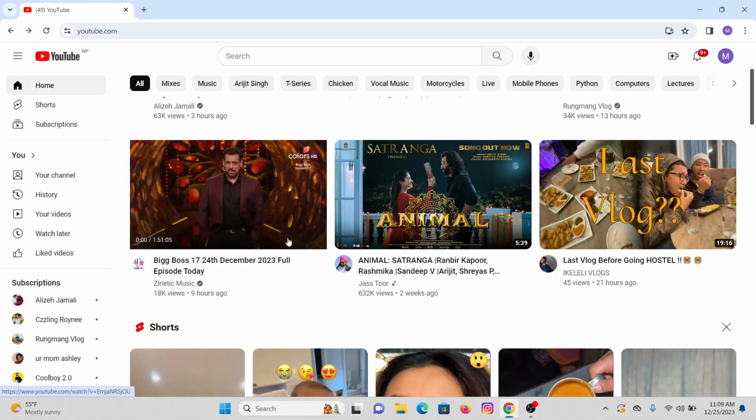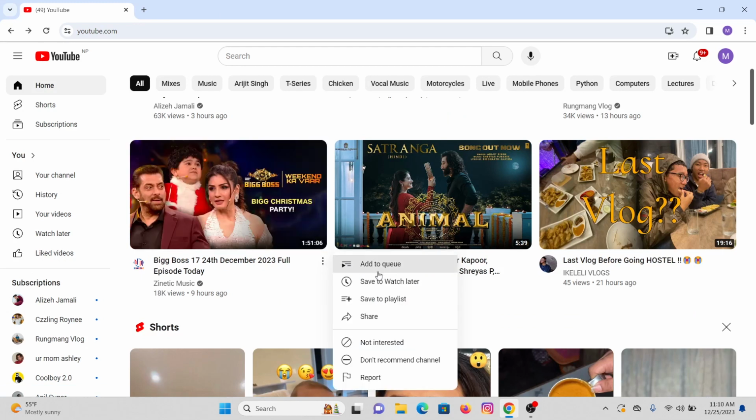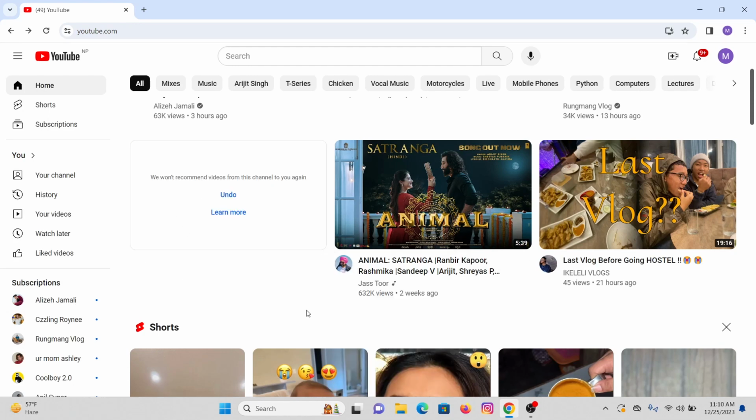At that channel you will see a three dot icon, so click on it and a dialog box will appear. Here you will see an option that says not interested and do not recommend channel. So when you click on do not recommend channel, you have blocked that YouTube account and now you will not be able to see any of the videos from that account, and in this way you have successfully blocked that